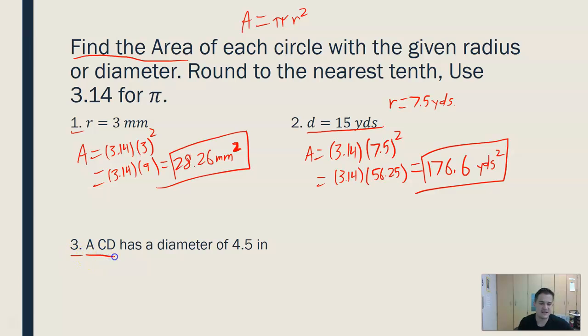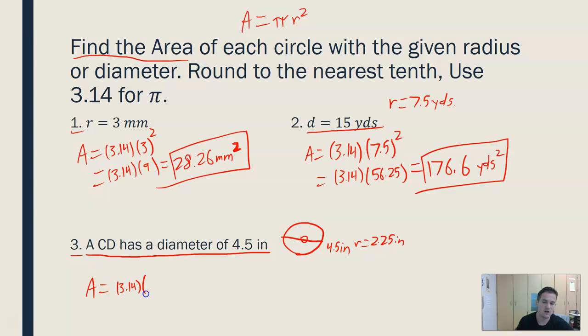Number 3 says a CD has a diameter of 4.5 inches. So here's my CD right here. Do people still use CDs? I don't know. But here's my CD. Kind of looks like a donut. If the diameter is 4.5 inches, that means the radius is going to be half of that, which is 2.25 inches. So the area of the face of this CD is going to be pi